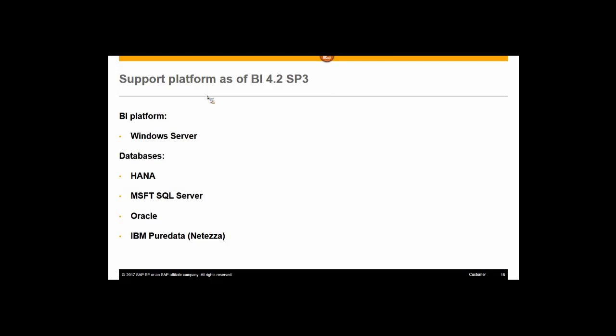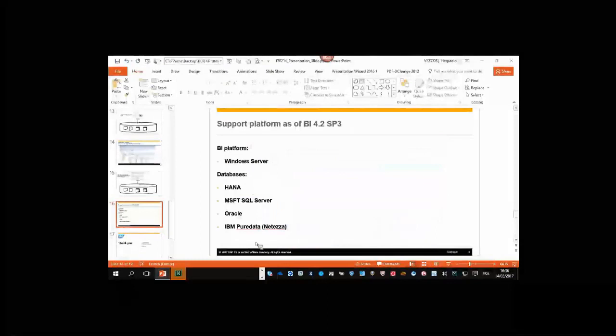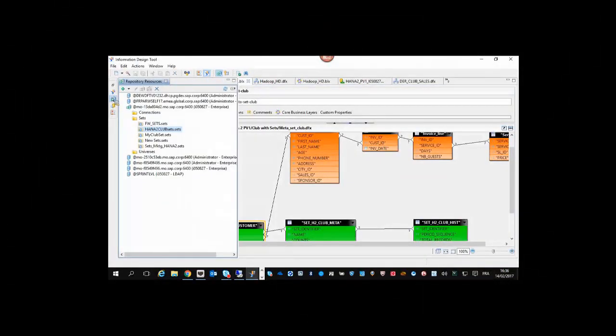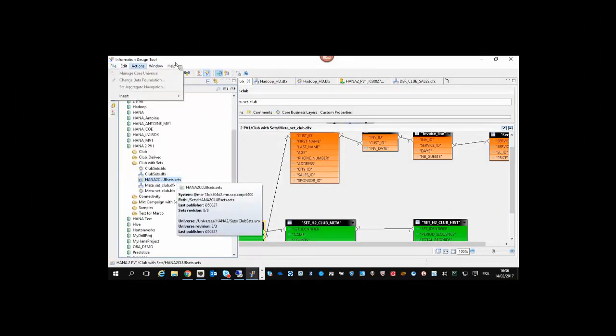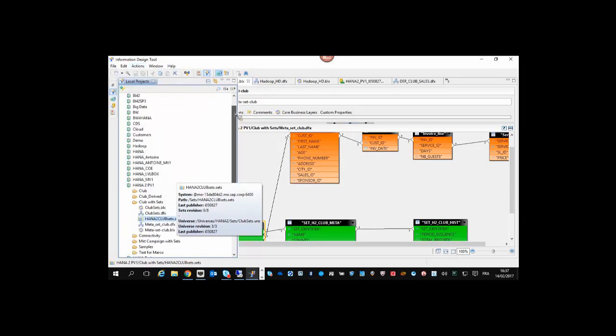Another thing we are going to add into BI 4.2 Service Pack 4 is the ability to launch a version of Information Design Tool which shows you only the UI for sets and nothing else. So today when you launch Information Design Tool, let me show it again here, you have all the UI which is needed by a person who wants to create a new universe. And so it might be complex because you have a lot of different commands and buttons and so on. So in the coming Service Pack 4 you can change the